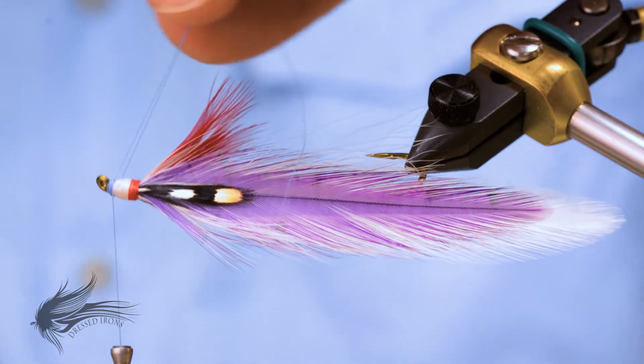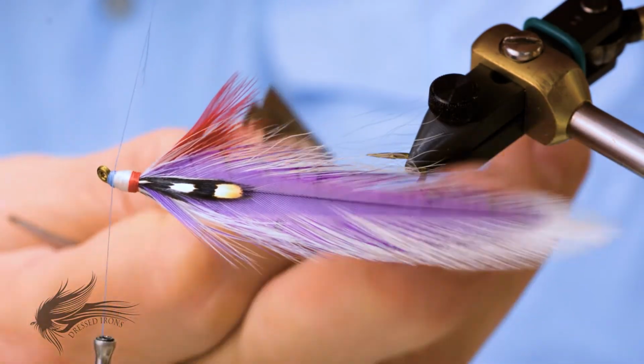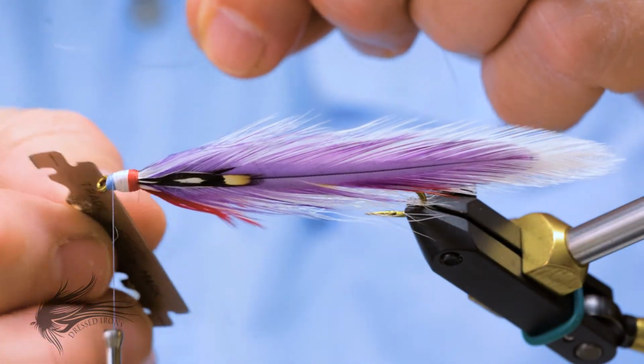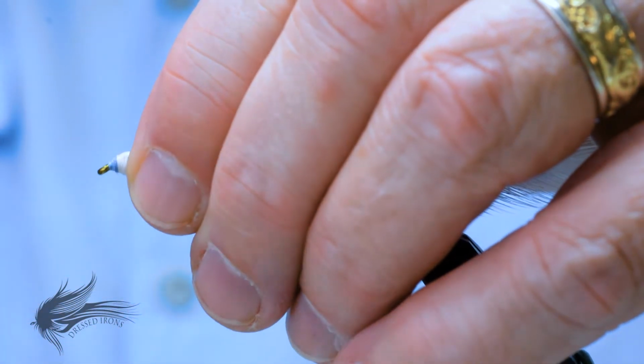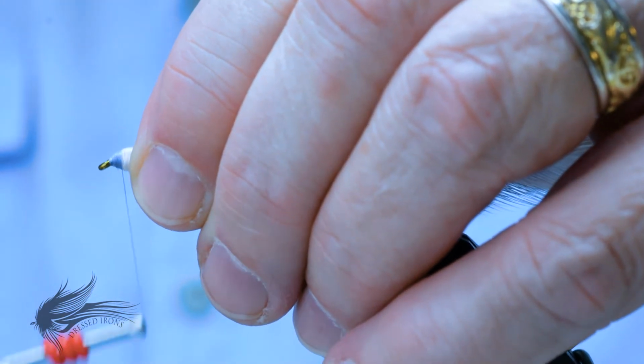Oh, I'm just having some issues here today. There we go. Pop that off with a little razor blade. There we go, that one too. Now, try not to pull so hard. I'll go ahead and wrap some blue thread on here to